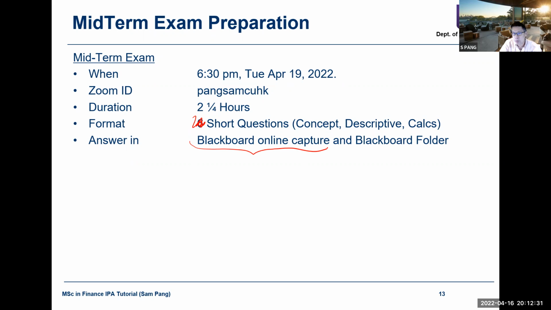So on the night, when you click on an exam paper, once it becomes available to you, approximately 6:30 or 6:45, whatever. Once it becomes available to you, when you click on it, you click on a question, then there will be space underneath for you to answer that question, except for one question where you have to